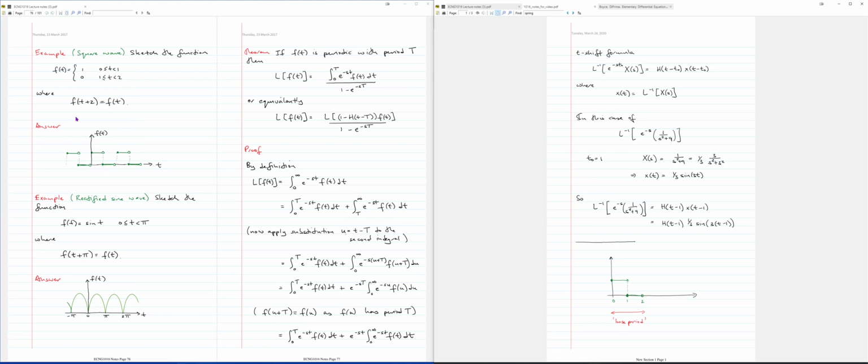To sketch this, first you sketch on your initial period, or base period, just using your piecewise definition. Between 0 and 1, the function is equal to 1, and between 1 and 2, the function is equal to 0. Since the function is periodic of period 2, you take this base period and draw copies of it